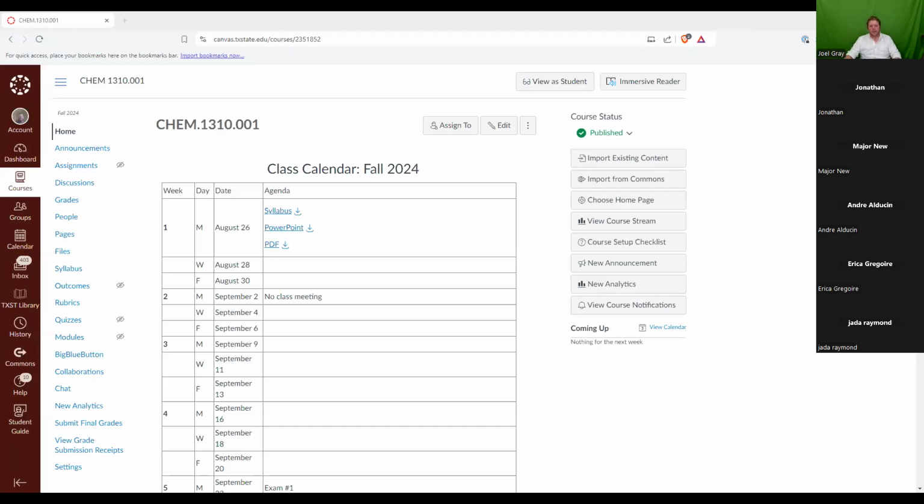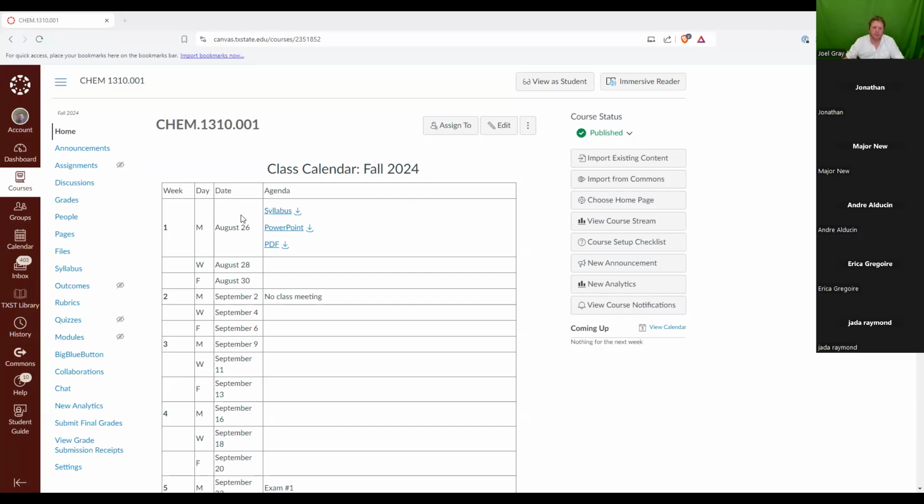So the first thing that I want to do is share with y'all our Canvas page, which everyone should have gained access to so far. There we go. So here's our Canvas page. I'm trying to go minimalist and keep a simple page, so I've just got it set up as a table.